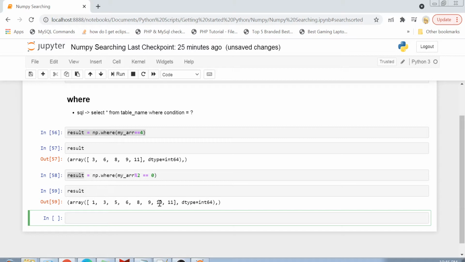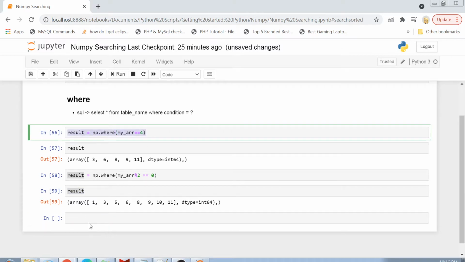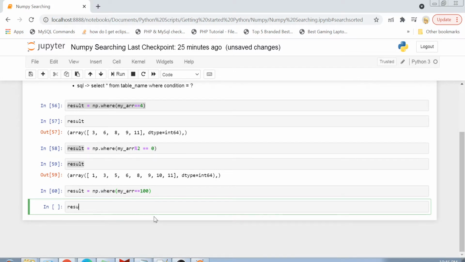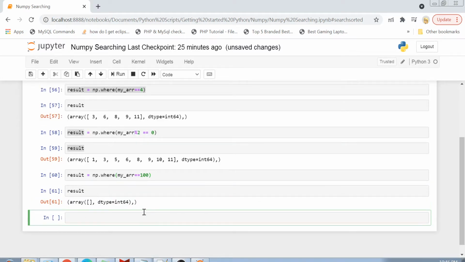Now guys, you must be thinking, what if I try to search for a value and that value is not present inside the array? Let me show that to you also. For example, if you write some value which is not present inside the array, or you write some condition which is not fulfilled by any element in the array, in that case you will just get an empty array in your result.